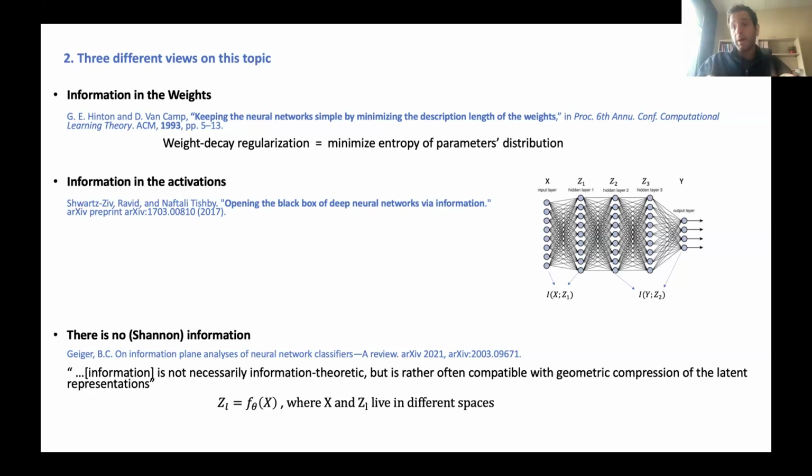But to me, a deep neural network is just a notation for a parametric function. So keep this in mind: Z1, Z2, Z3. I can write this function in many different forms with exactly the same output and input. So this is just a notation, and Z1, Z2, Z3 do not carry information. At least this is what I understand from the classic information theoretic point of view. These are not stochastic variables.